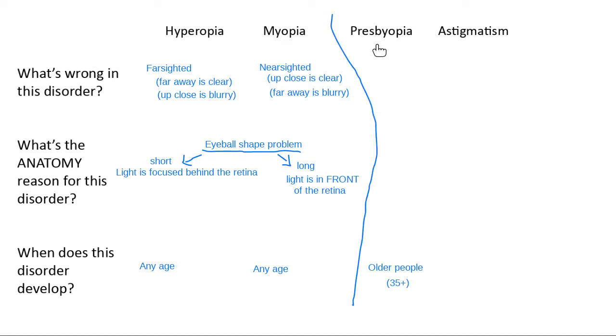When we talk about presbyopia, this is another example of farsightedness. So this is another farsighted condition, meaning we can see things far away, but we can't see them up close. But this is the one, remember, where we put the qualifier on it, that it was age-related. Age-related farsightedness, which means that we can see things far away and not up close, which is why you see older people holding that can at the grocery store way far out, right, to look at it, or lifting up their glasses and squinting. I make these jokes because this is me. Like I said, this is going to be me in a couple of years. I'm going to be that person. So age-related farsightedness. You can see things far away, so if we put them farther away,